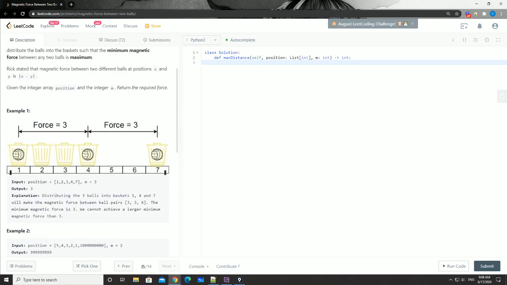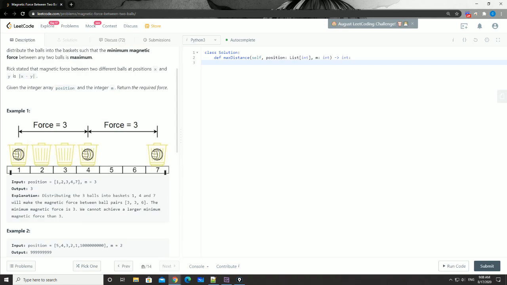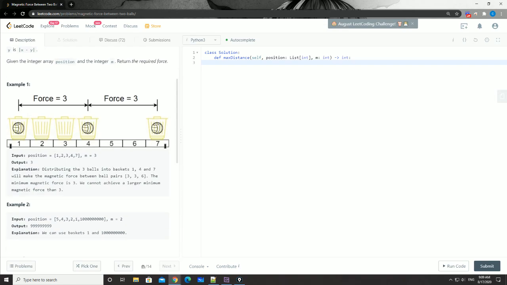Okay, so how can we solve this problem, right? I mean, the idea here is that we have to use binary search, but how to use binary search? This is the tricky part, right? There are a few other similar problems in LeetCode, like Koko Eating Bananas, or the ship transporting packages, something like that. And in this problem here,